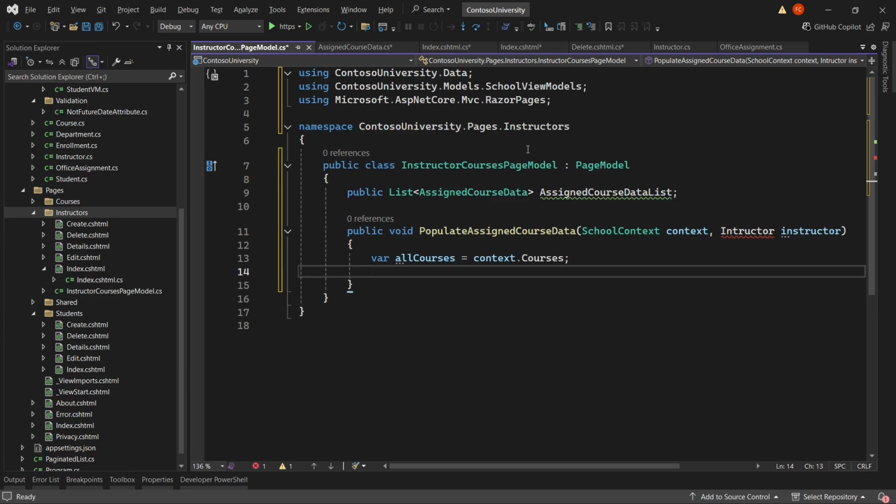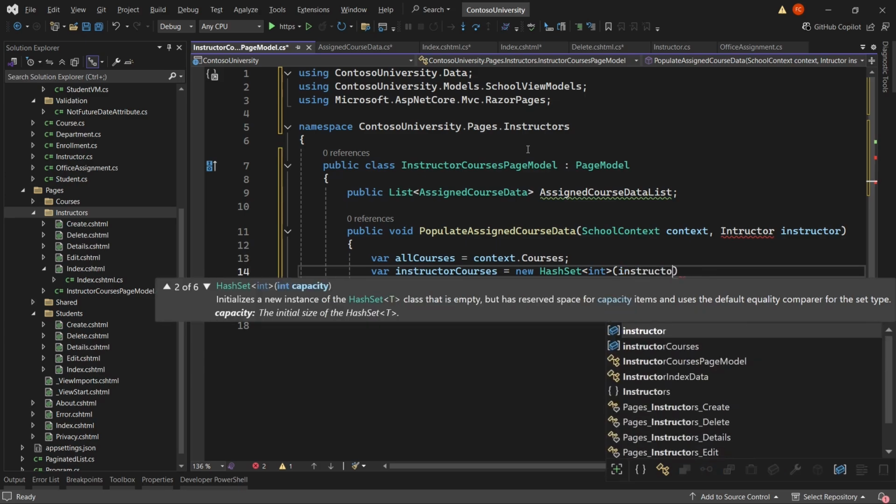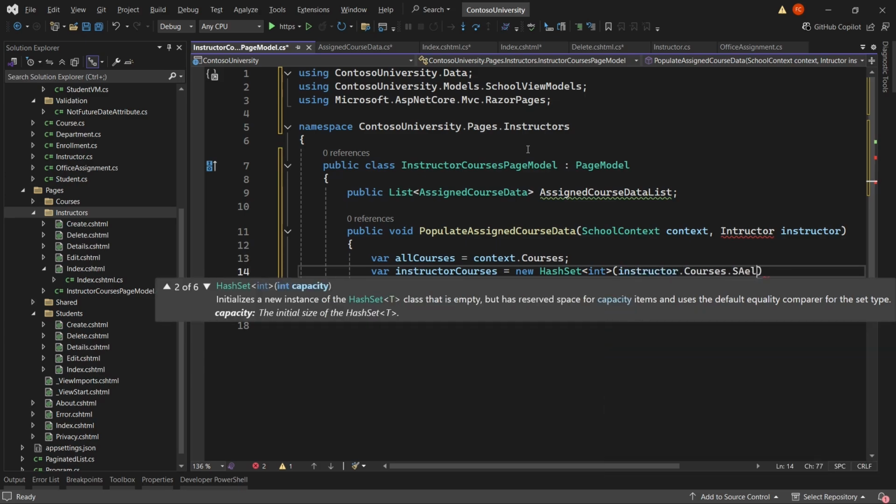We're going to have the instructor courses, which is basically going to select the courses based on their course IDs. So we're going to do var instructorCourses = new HashSet<int>(instructor.Courses.Select(